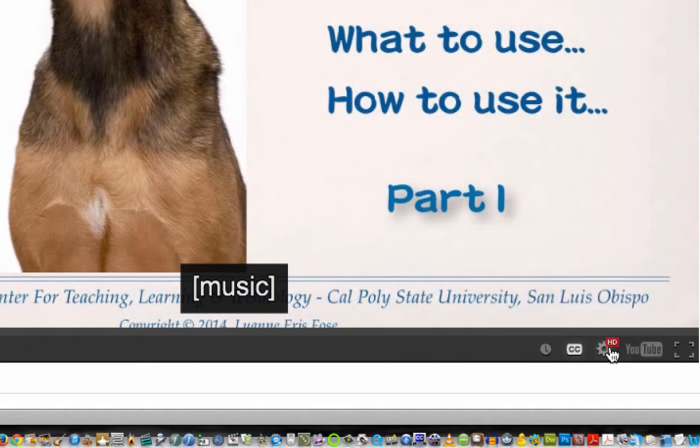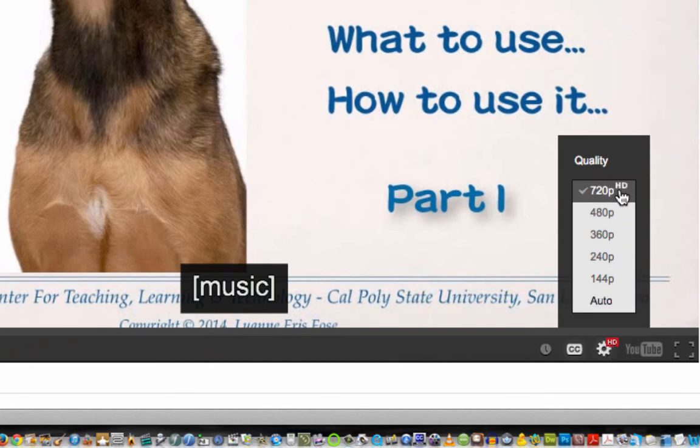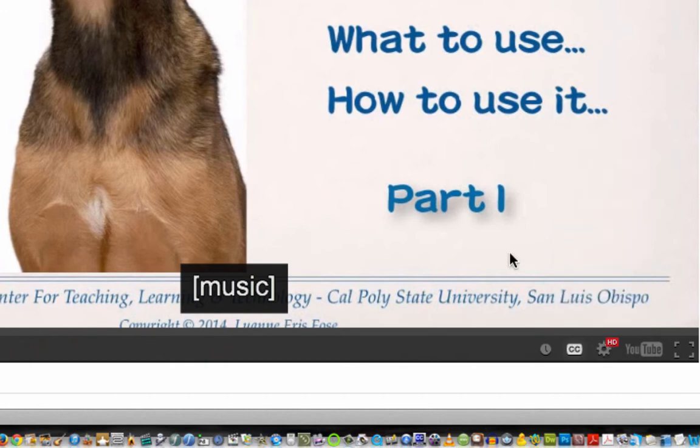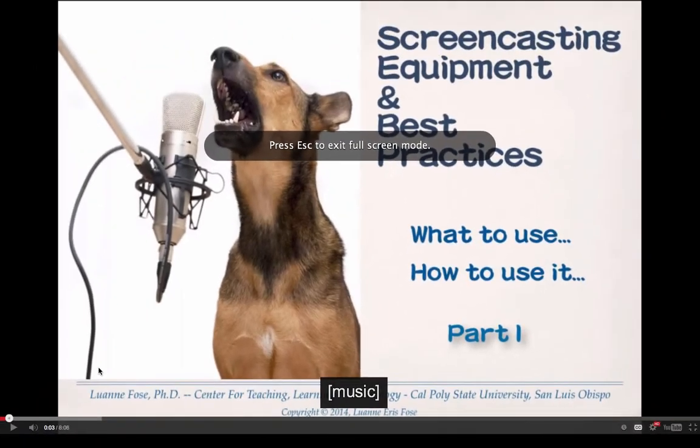Another thing is you can pick the resolution in the settings here. It will work best at 720p. That will be the best quality of the video, but if you have a slow internet connection, you might want to pick a lower resolution there. And of course, if you wish, you can watch this full screen, so let's go there by clicking on the full screen button. And now when we play it,